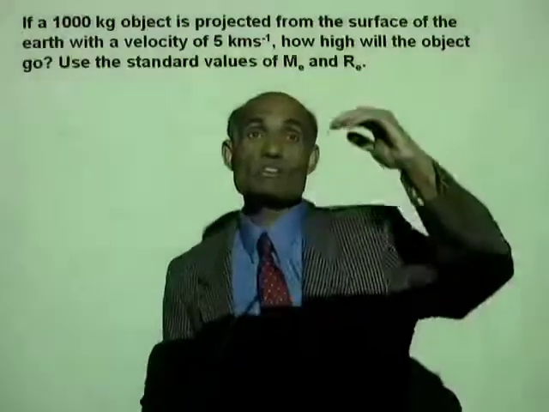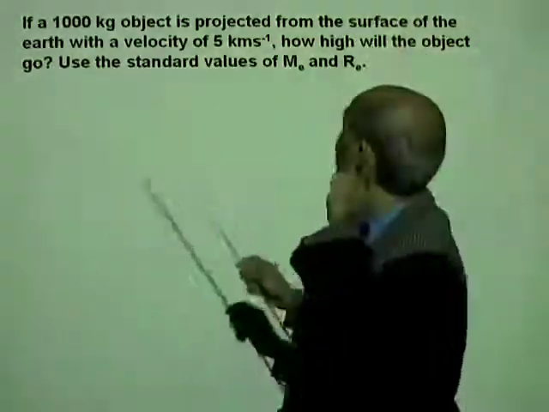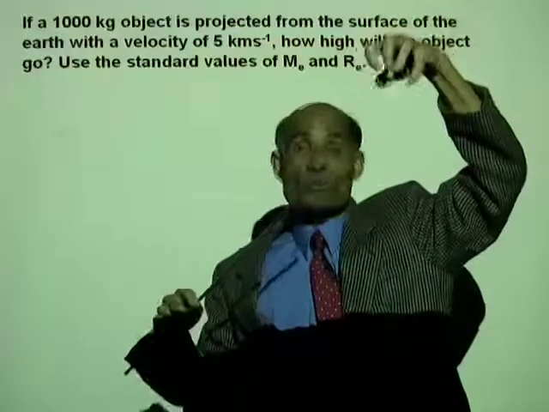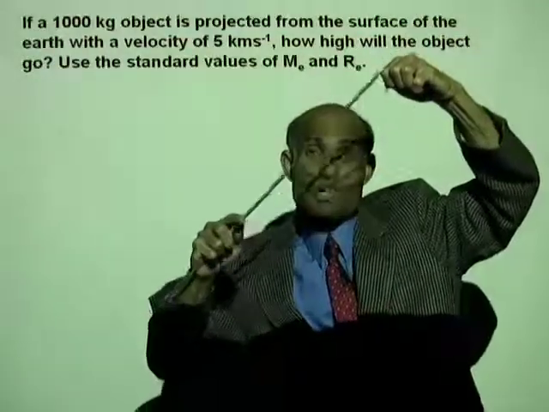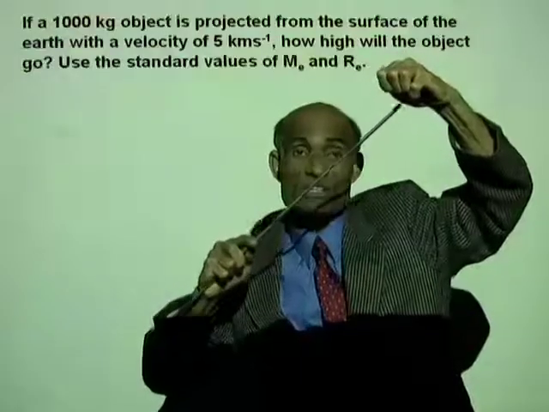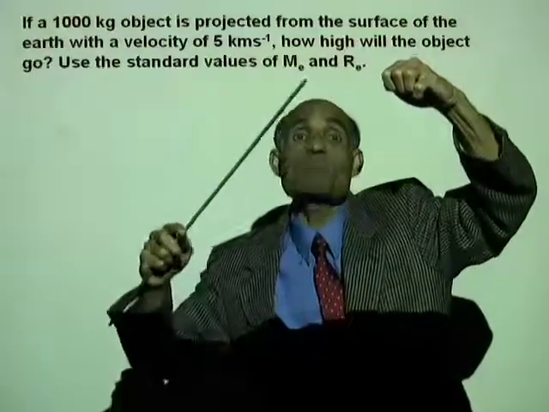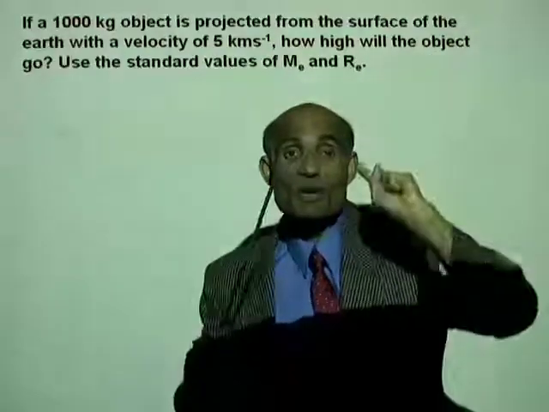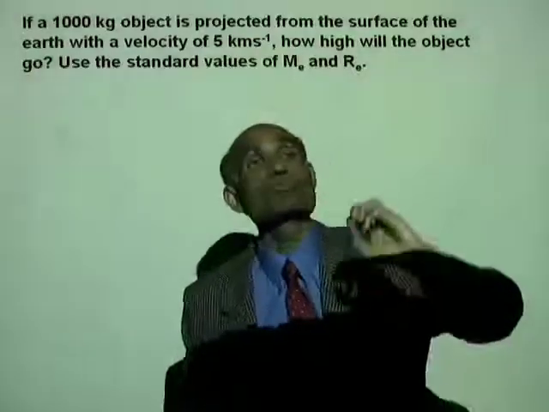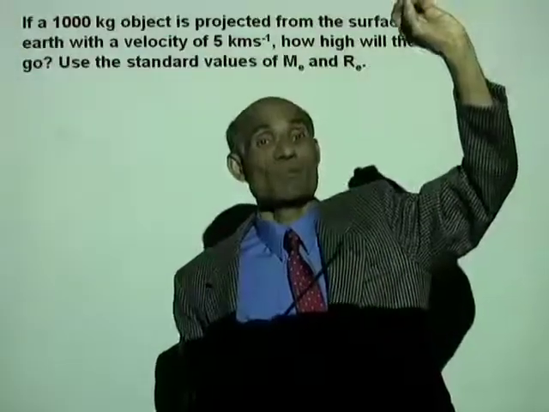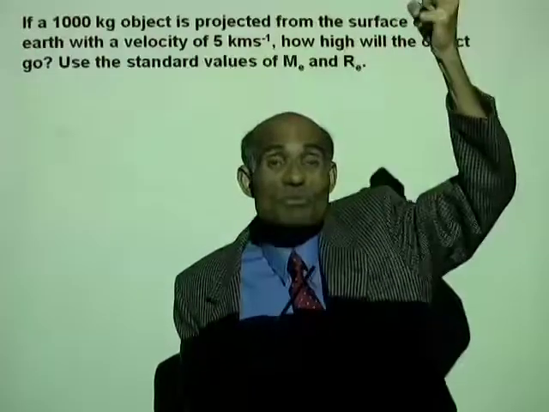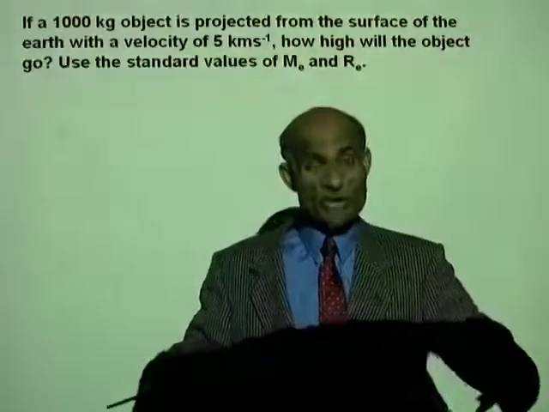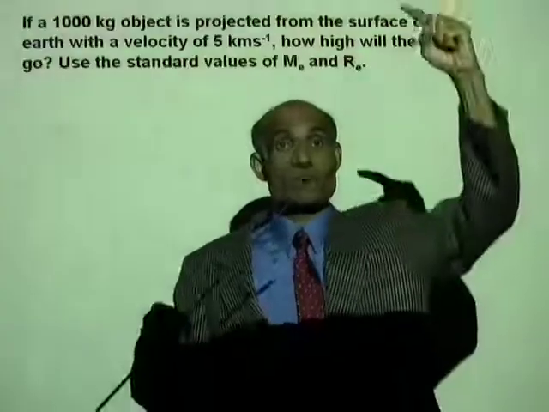And now, if it rises to a certain height, we need to find the height. How high will it go? If it rises to a height, when it reaches that height, it will have a potential energy there. How much will that be? Negative GMEM over (Re plus h). That will be the potential energy there. And what will be its kinetic energy at that time when it reaches the highest point? When it reaches the highest point, its speed will be 0. So its kinetic energy will be 0. We will find the total energy on the surface of the earth, the total energy at a